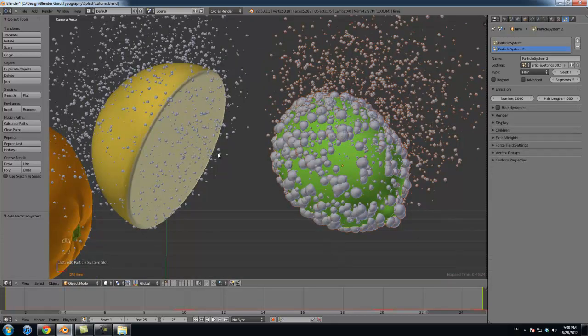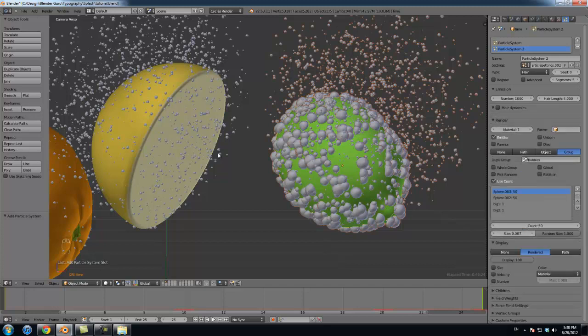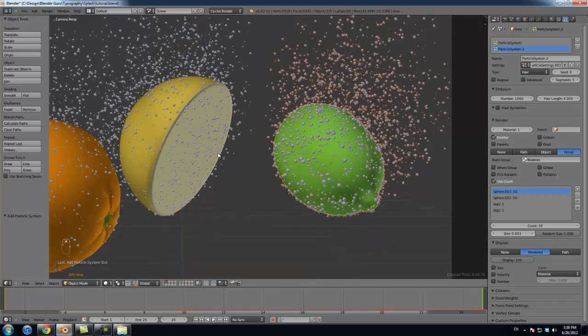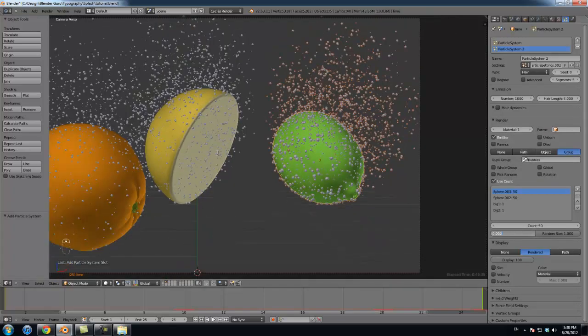Okay, cool. So I'm just going to turn the render type, turn the size of that down because I think that's way too much as well. Okay, a little bit more,